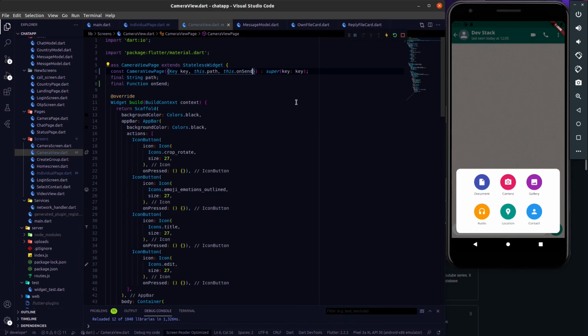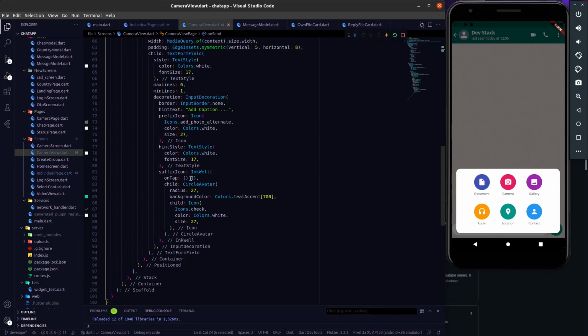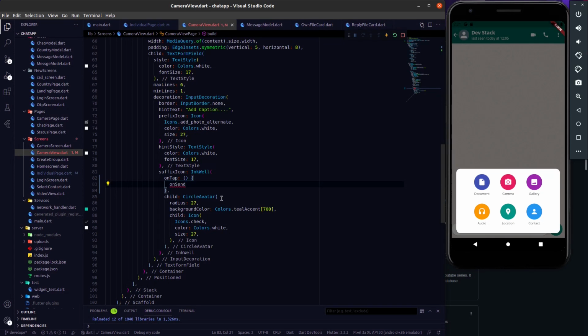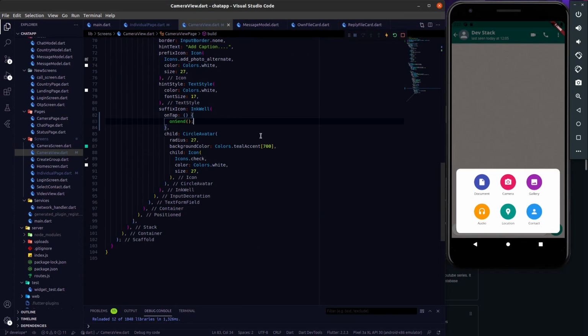And we have to attach this on send method to our check button. So here we have that check button, and I wrapped that check button in an InkWell. So let's call that on send here. Remember, while calling on send, we need to pass one additional parameter. That will be the path of the image. Here we are getting the path as a variable from the camera screen or individual chat page screen. So we have to pass the same path from here to that on send,